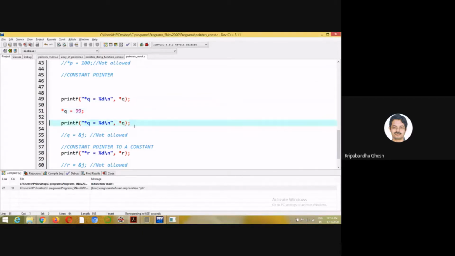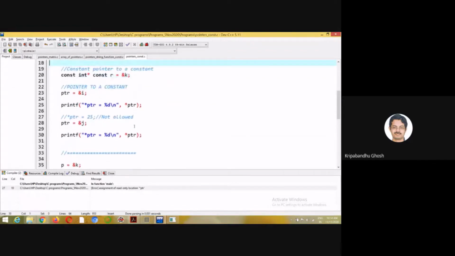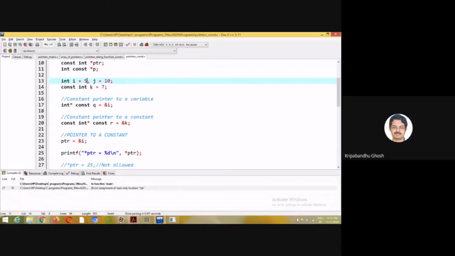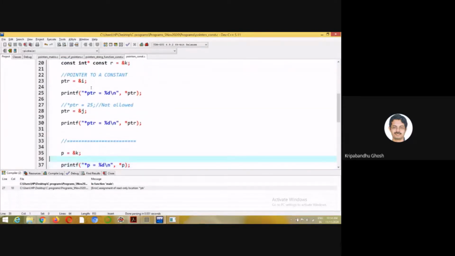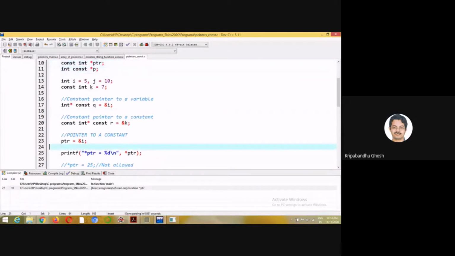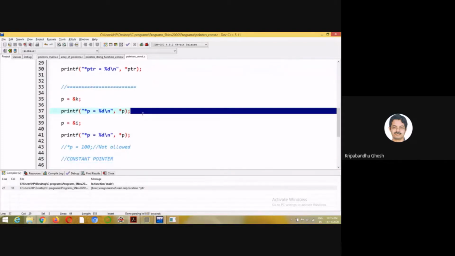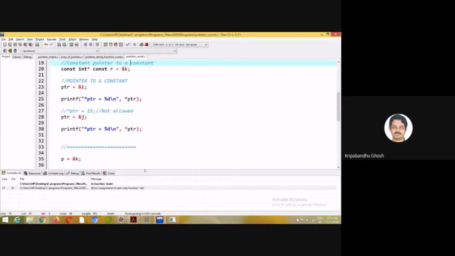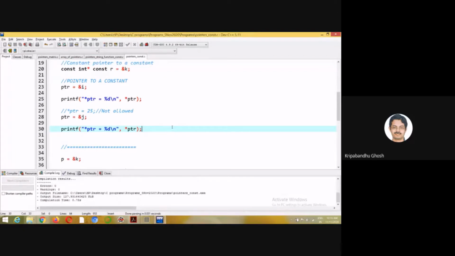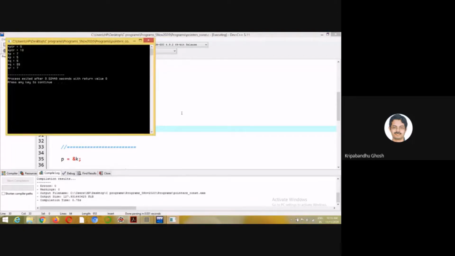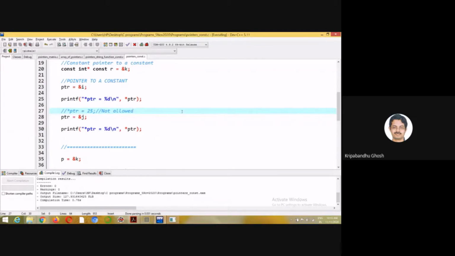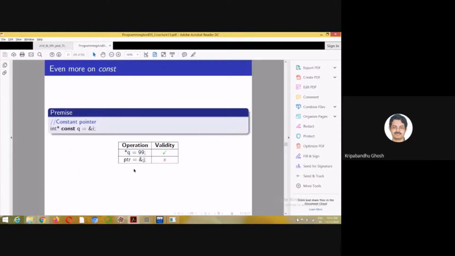So it pointed at 5, but in this case you can change its value, but you cannot point somewhere else.